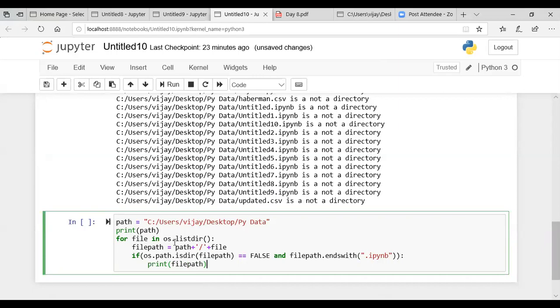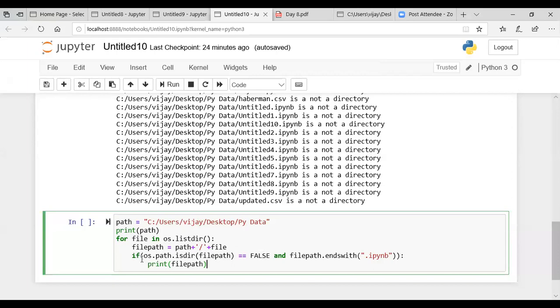Okay, now we'll see this. What is there in this code snippet is for file in os.listdir, so basically we'll be going through every file in that directory. Then we are determining the file path, which is the combination of the path which I have defined over here, appended with the name of the file. Then in this if condition, what I'm checking is if os.path.isdir(file path) is equal to false.